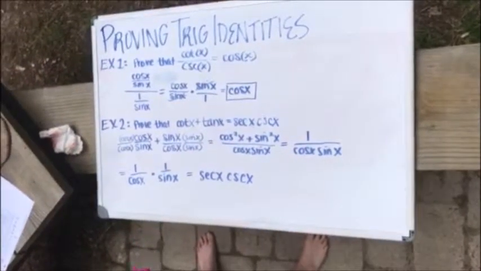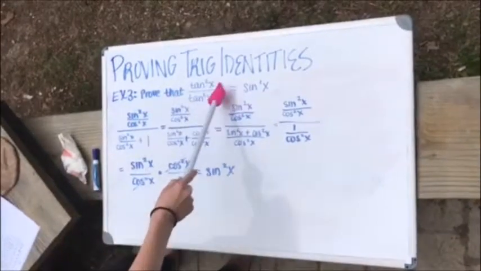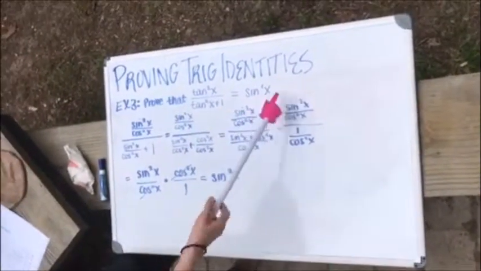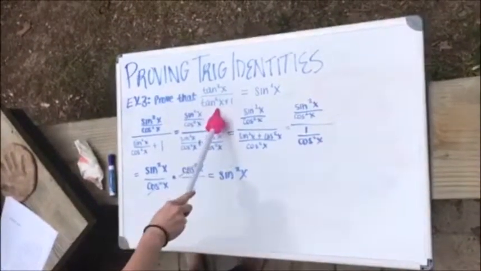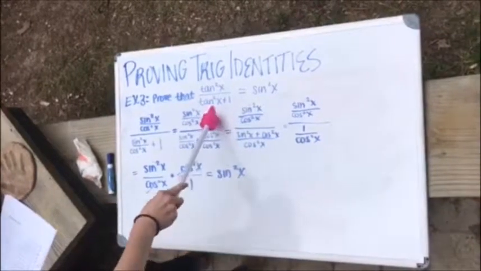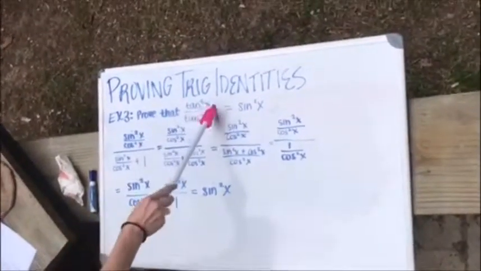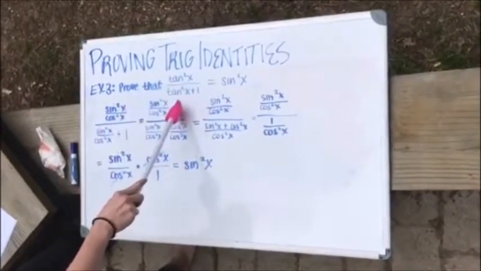done too. So our last example is going to be prove that tangent squared x over tangent squared x plus 1 is equal to sine squared x. And so just like before, we're going to change our tangent squared x into sines and cosines, and so if you have a square here, then your sines and cosines also have to be squared. So tangent squared x is going to become sine squared x over cosine squared x, and same thing on the